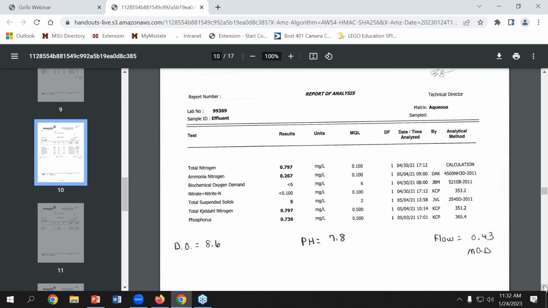Go down to the next one. KT, I have a question. Sure. An attendee asked if the lab submits a .csv or comma delimited file, can the DMR import that data directly? What was the question? She's asking if there's an electronic file, can you simply upload the lab report into the DMR? I don't think that feature is available.